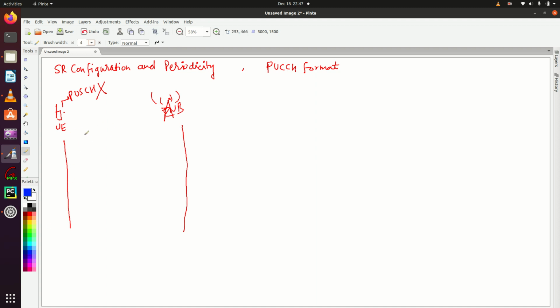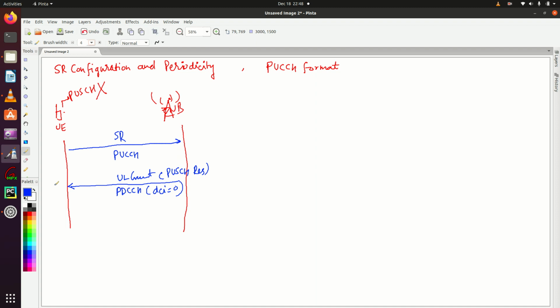So if UE wants to send some new uplink data, UE has to send a scheduling request first on the PUCCH channel, and in response to this message eNodeB will provide an uplink grant, or PUSCH resources, and this PDCCH will have format DCI 0.